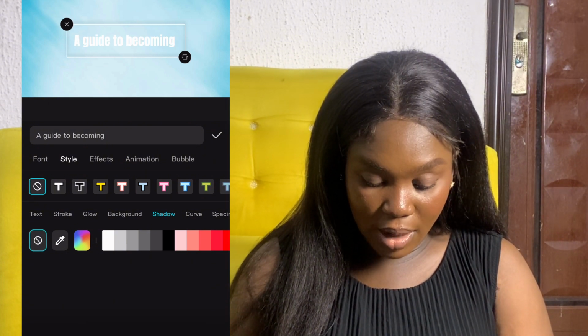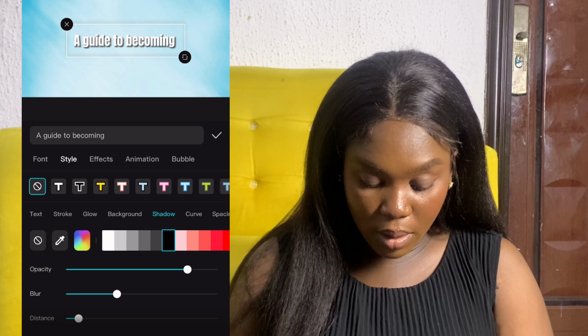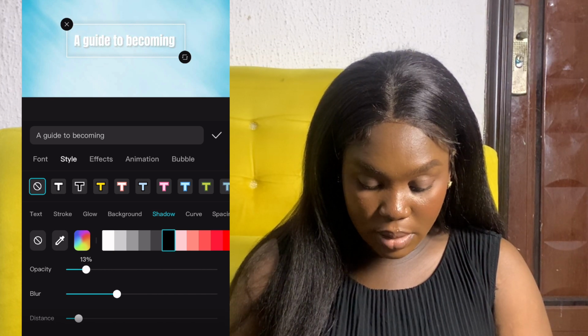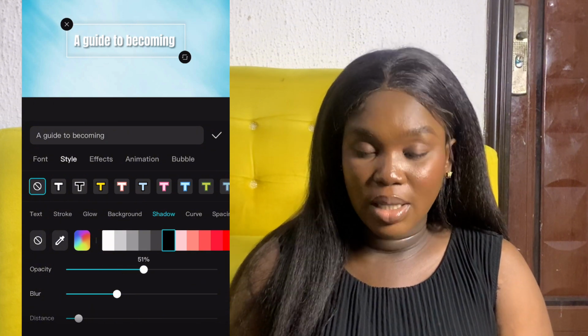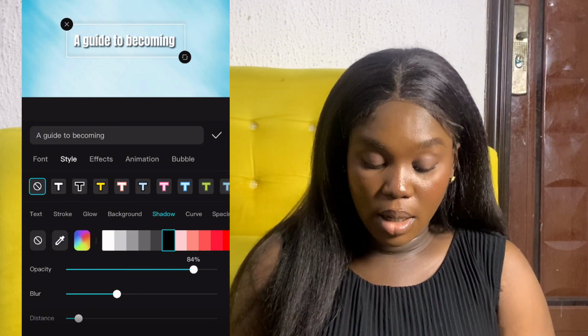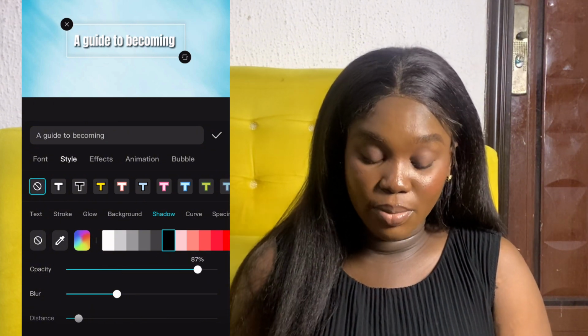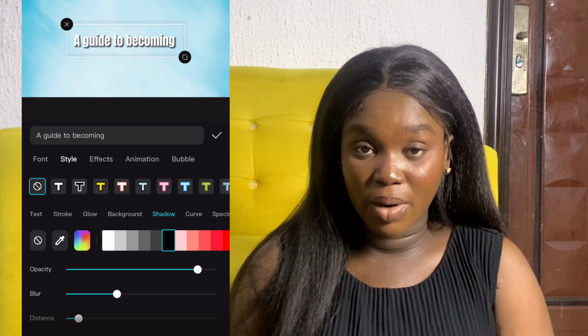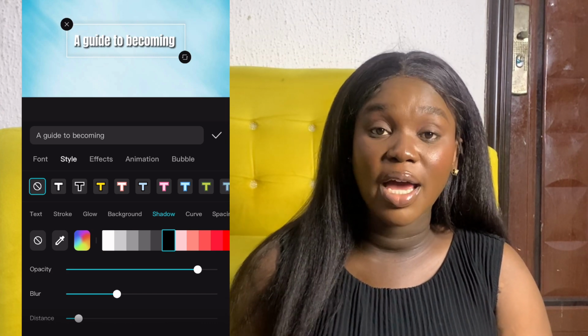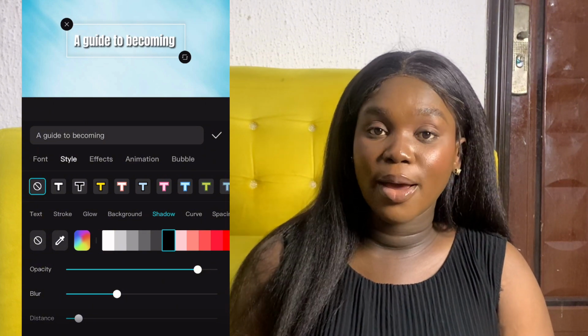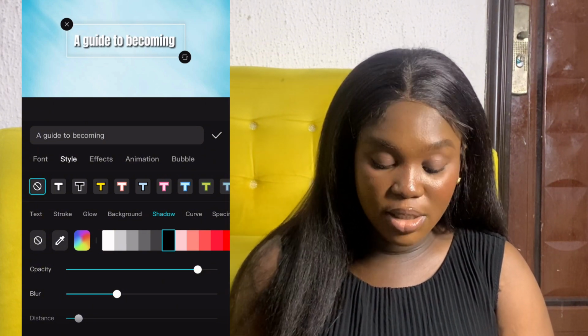Now you can either reduce the opacity of it, or you increase it so that it shows very well, so that people can easily find your writing, because we're already using a very bright background. So adding a shadow behind your text is going to help the visibility of your text,